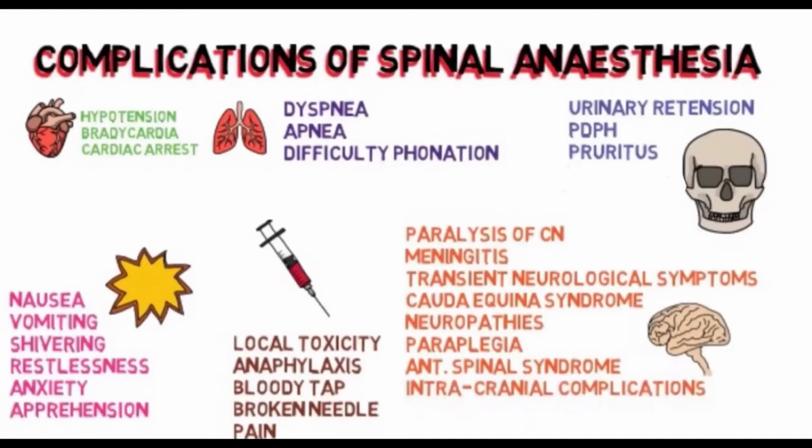Then, what are the side effects and complications of spinal anesthetic? So these are the complications that may occur from the spinal anesthesia. Some of the medicines that are put in the spinal anesthetic can make you itch. You might find it difficult to pass urine. This happens especially in men. If this happens, you might need a urinary catheter until the spinal anesthetic has worn off completely and your bladder